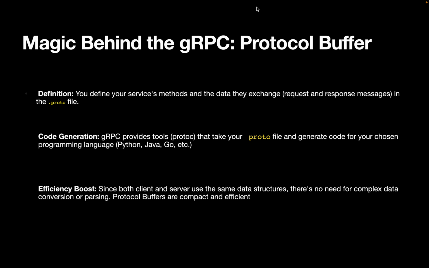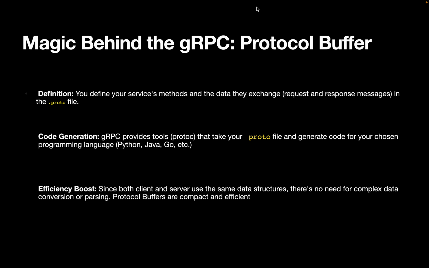Now, why this gRPC is so convenient and so efficient, and the magic behind it is the protocol buffer. They use protocol buffer. In this one, you just have to define a .proto file where you define your service method and what data you want to exchange, what is the structure of the request and response. You define that in the .proto file, and then you use that .proto as an input to a provided tool